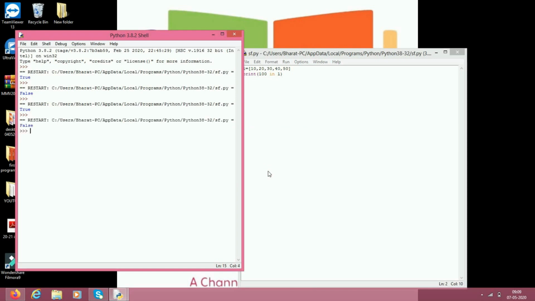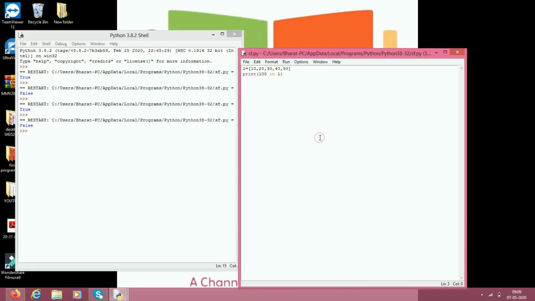Now we can see identity operators. What do identity operators mean? By using the identity operators, you can check the reference of the variables. So for example, I am taking two variables, a equals 10 and b equals 10. Check the reference id: print id of a, print id of b.